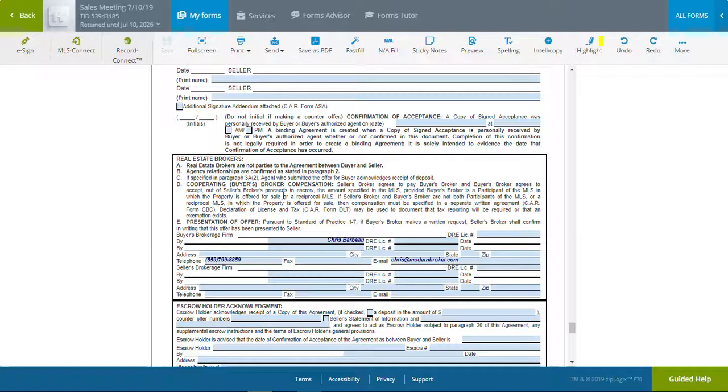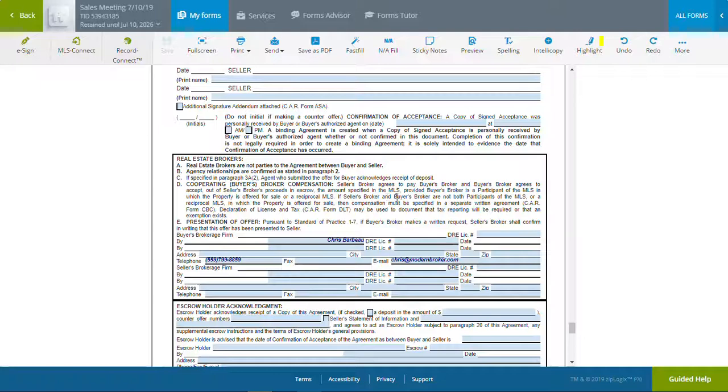So it's important to understand that MLSs exist to offer compensation. If you don't belong to an MLS and you're making an offer on a property that's listed in an MLS you do not belong to, you don't really have an agreement with this contract the way it is to get paid. So if you read the next section,